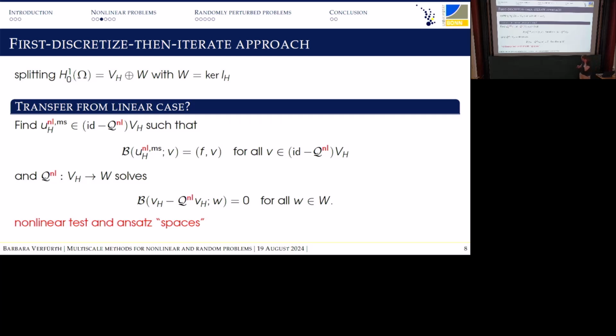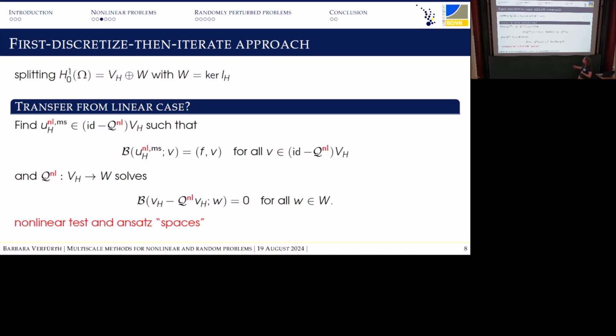So let's try to write down the LOD that I presented previously, without localization, for this nonlinear problem. And let me recap. We ended up with a Galerkin procedure where we had a multiscale space which was formed like identity minus some correction operator applied to the finite element space. And then we solved the global problem using this multiscale space. This is what is written here.